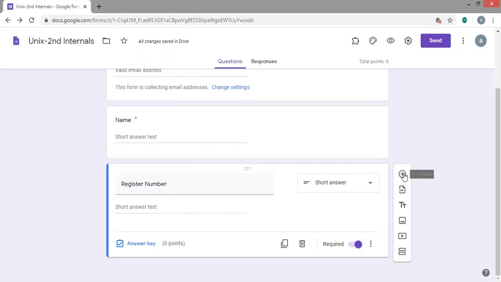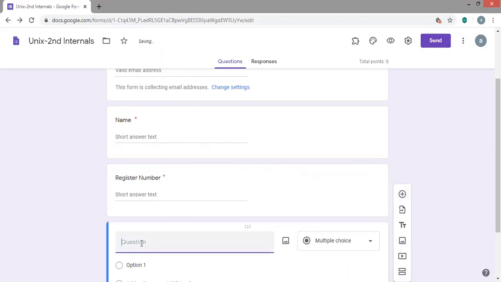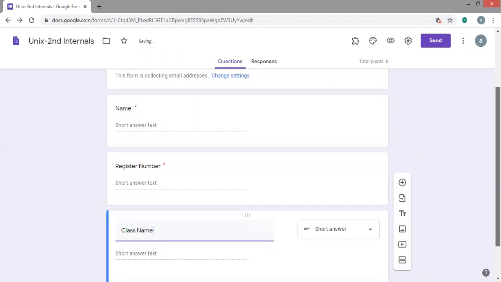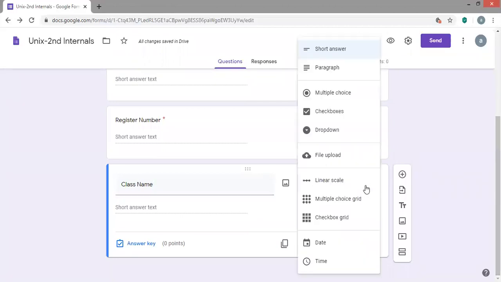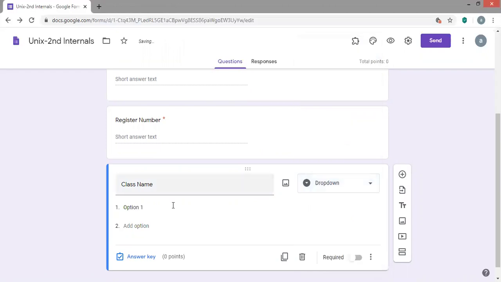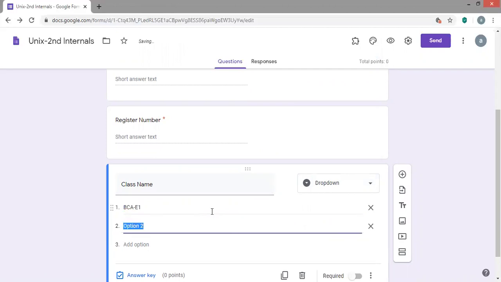I'll also enable one more field so that the students specify their class name. Here, if there are two different sections, I will use a drop down box and add BCA E1 and BCA E2.